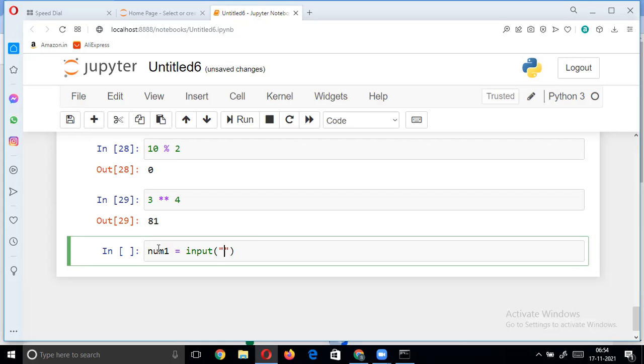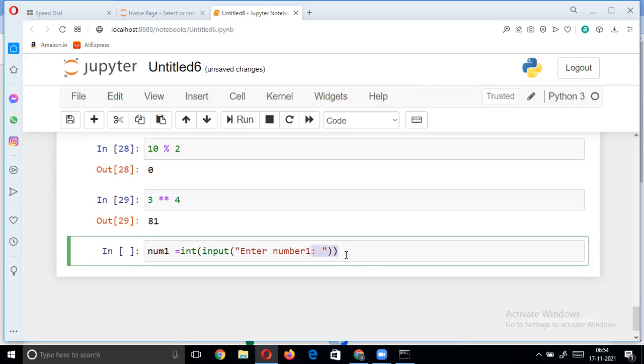Num1 = input, enter number 1. Here we provide information that is understandable by the programmer to enter the input. That content we can give here. By default, the content we read will be a string, and we are going to convert it into an integer, because I want to consider two integer numbers.